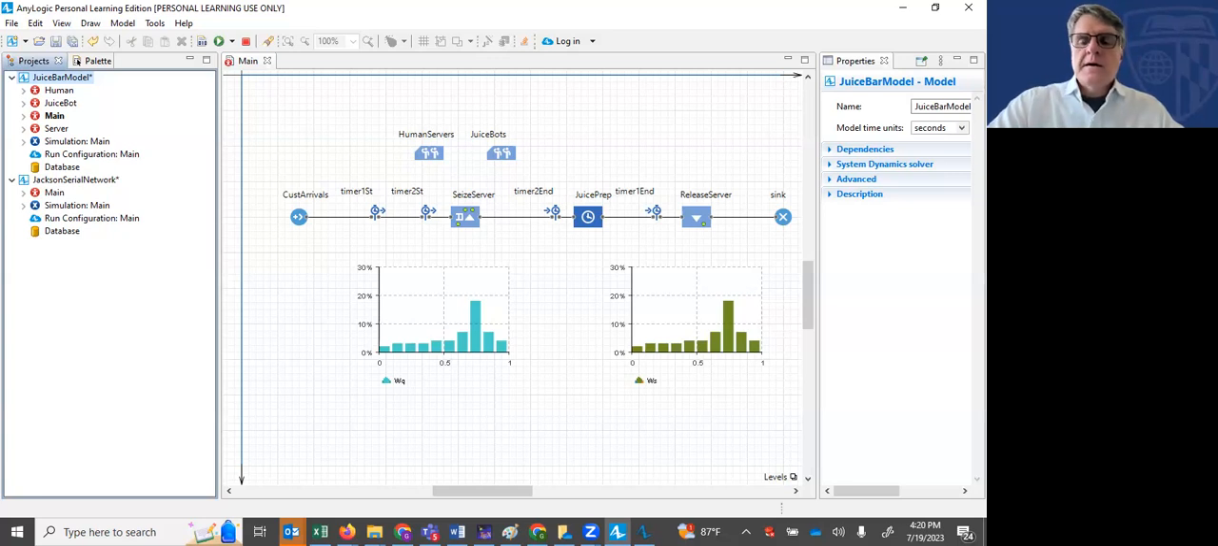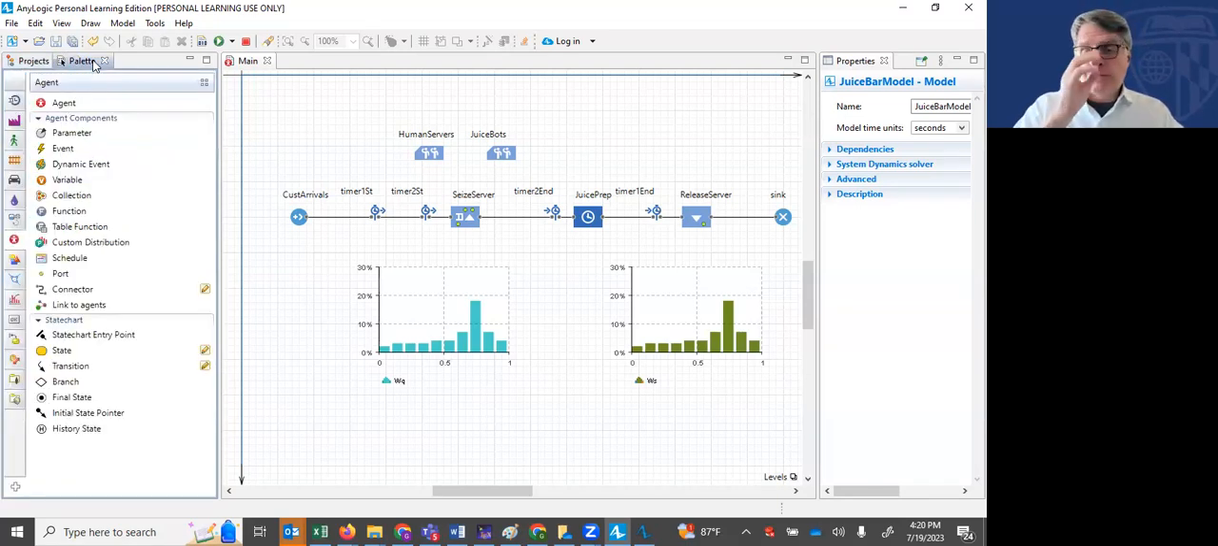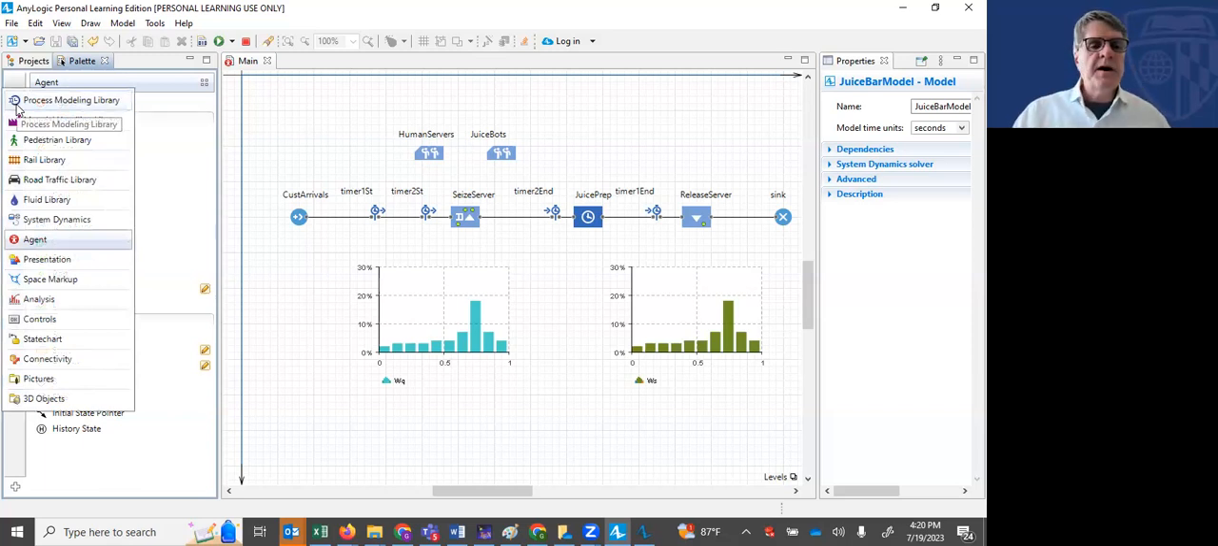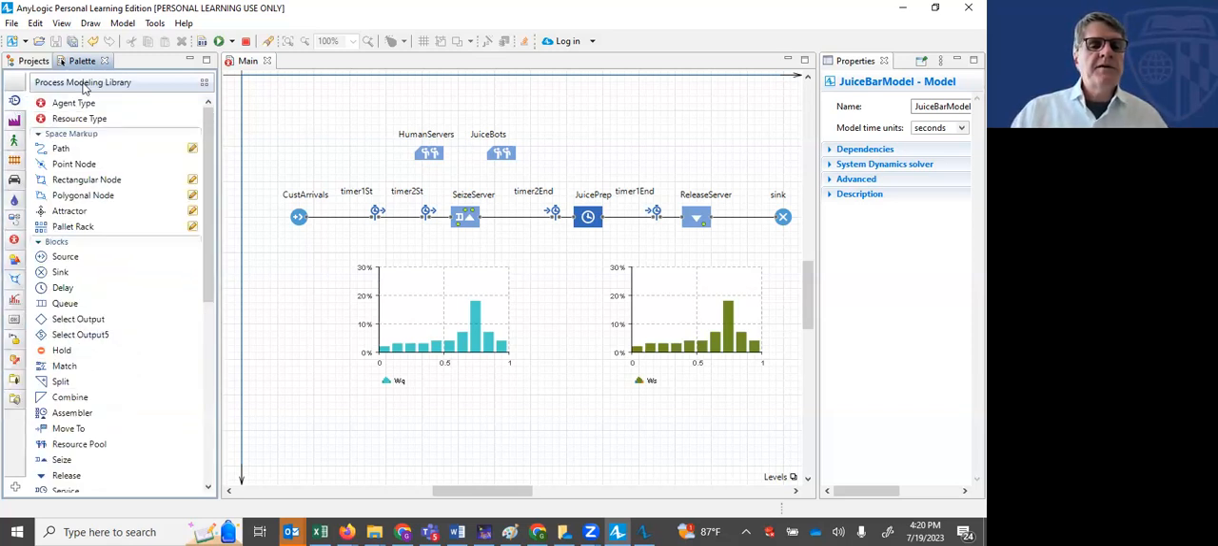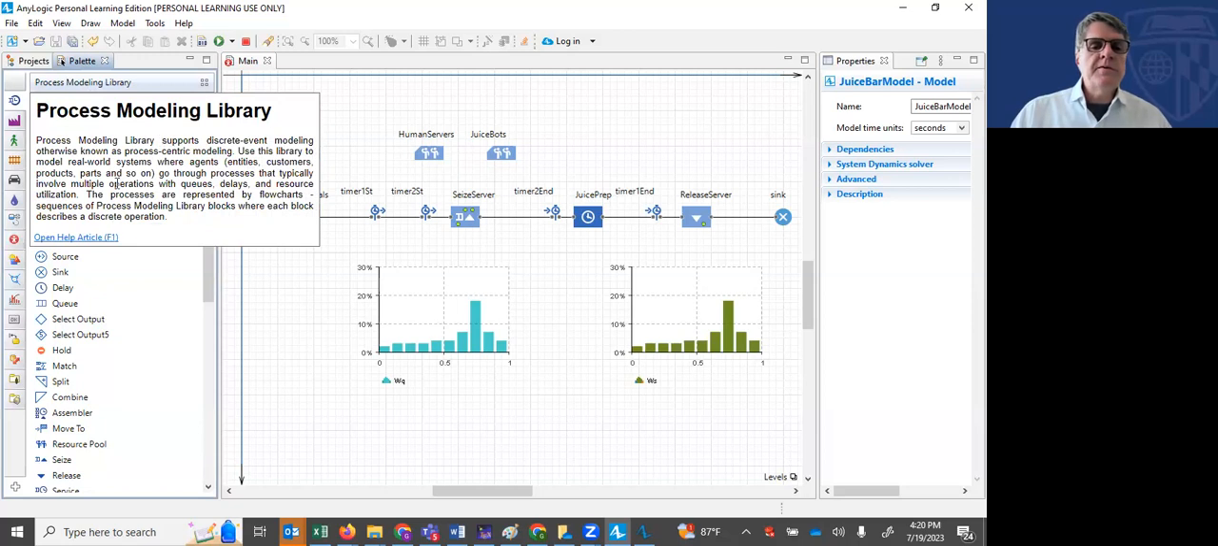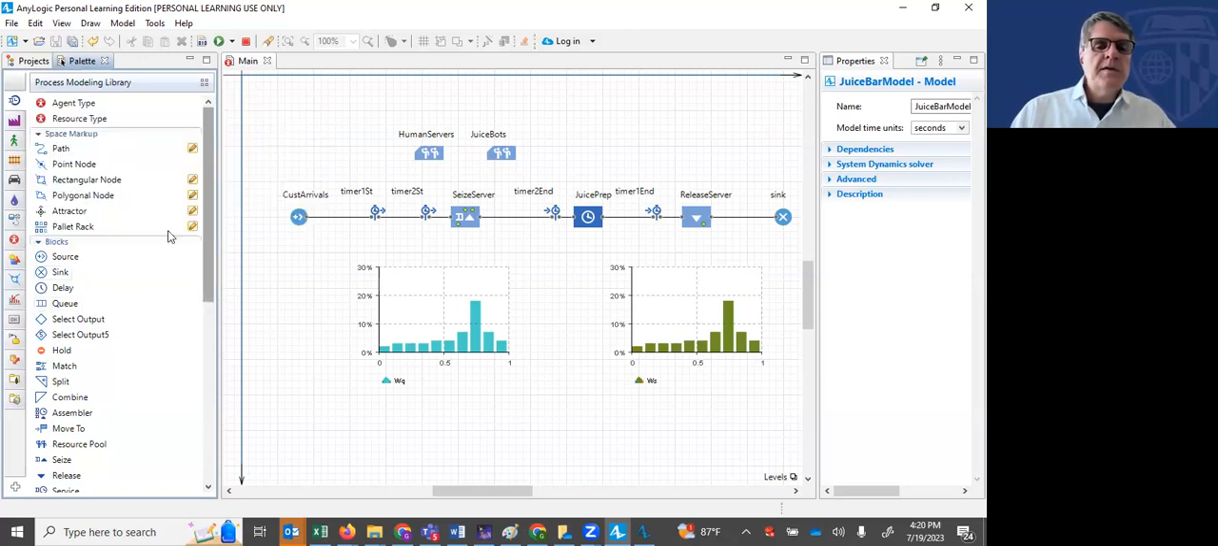Right. So this is AnyLogic, and I have the project panel open. When you're developing a model, your central canvas here will be empty, and you're going to be dragging and dropping various blocks onto the canvas to put together your model. Now, the process modeling library is the one we're going to be using here, and there's a bunch of